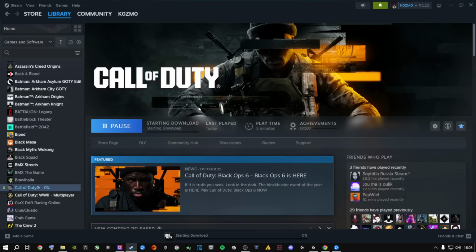And once it says starting download, just wait for it. It's going to say starting download. And once it starts downloading, pause it immediately, because you do not need to re-download this entire game. I've done it multiple times and that's not a fix. Okay? So you do not need to download this game every time to see if it's going to work